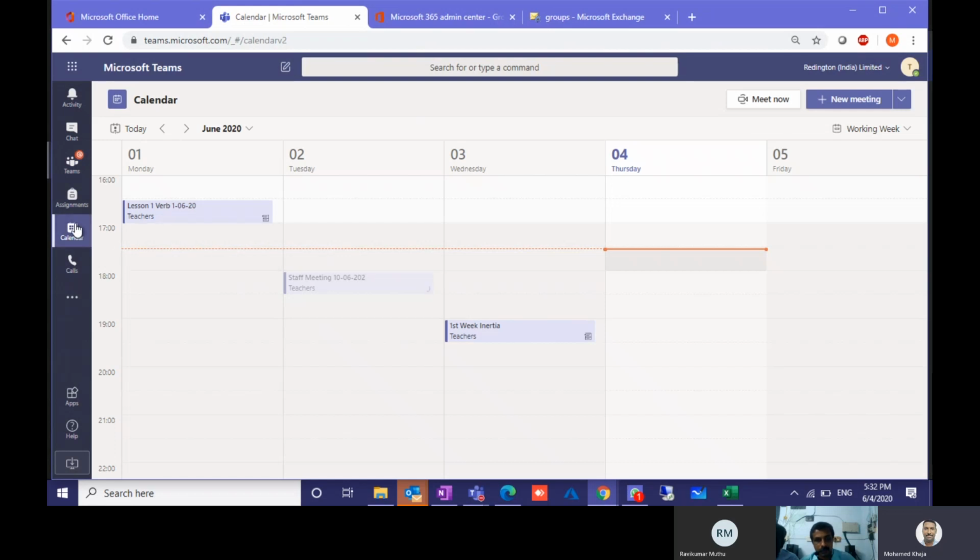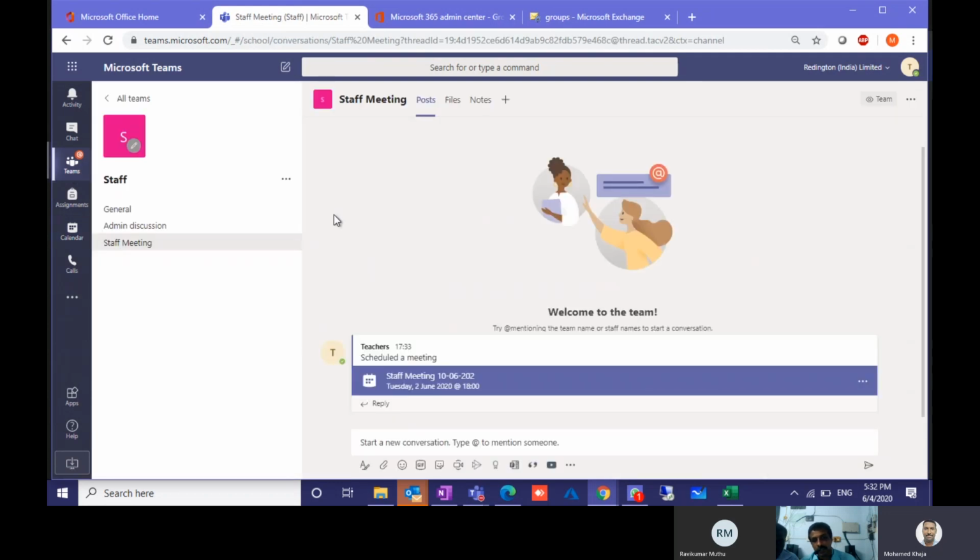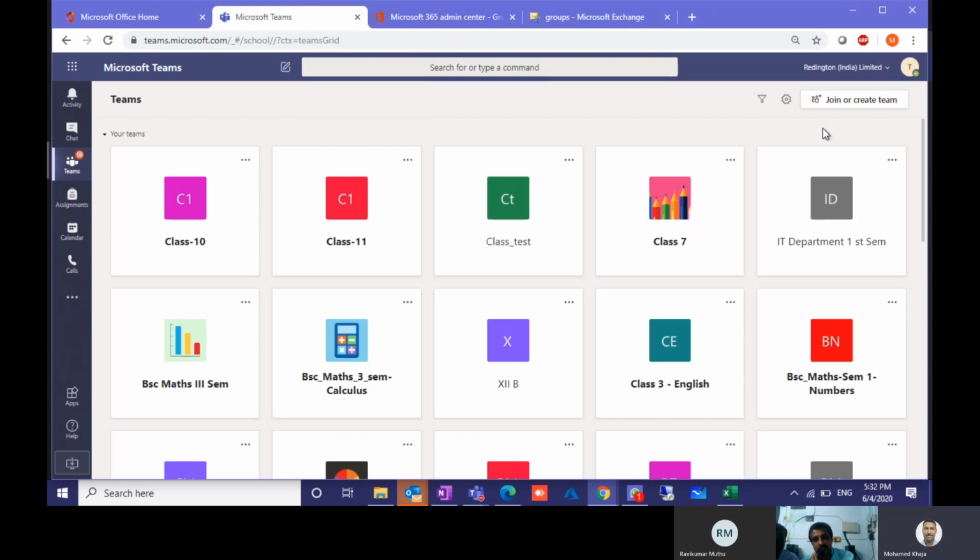This is the purpose of channels. Do you understand now how to use this? Yeah, I understood. Is that clear now? Yeah, it's clear. Any other queries?